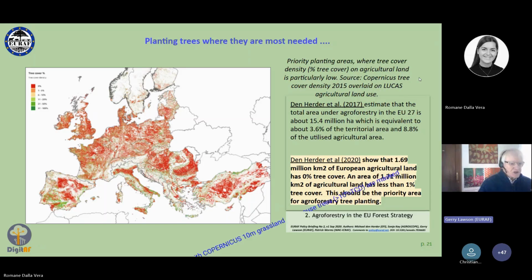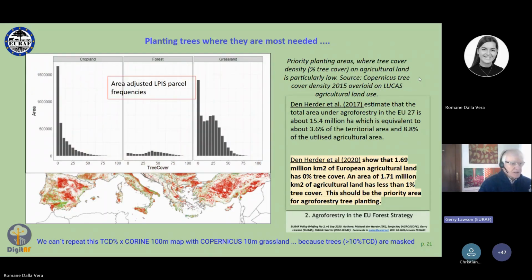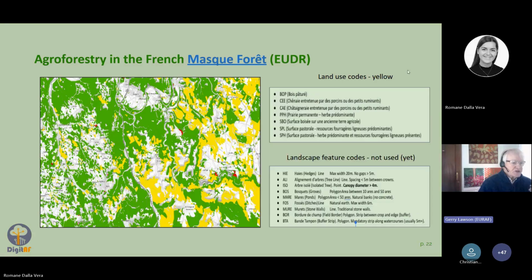I think the next slide shows, just hang on there if you can. Stay where you are, Romain, I'll keep talking about it. I just found this information last night, a very interesting database from France that appears to be showing those areas of forest which are on parcels bigger than half a hectare, together with those areas which would be called forest on the basis of their tree crown cover, but they're actually registered in the French THL system, so they're registered on the LPIS as being agriculture. So if you like, that's agroforestry.